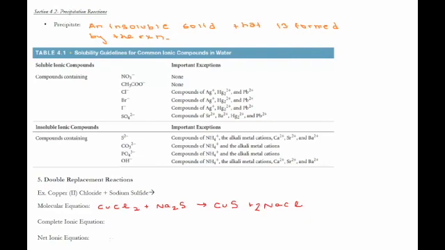The next thing that you need to do is break apart into ions anything that is soluble. So if you look at chlorides, all chlorides at your solubility guideline, it tells you that they are soluble except for silver, mercury, or lead. Well, this is not silver, mercury, or lead, so I know this is going to be soluble, so it's going to be copper with a 2+ charge. Then I'm going to have 2 chloride ions, so 2 Cl- plus 2 sodium ions,